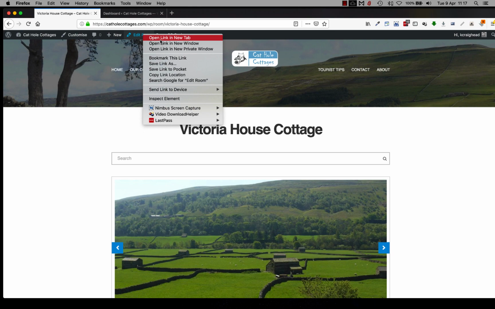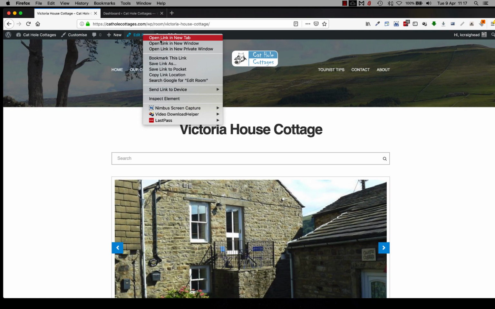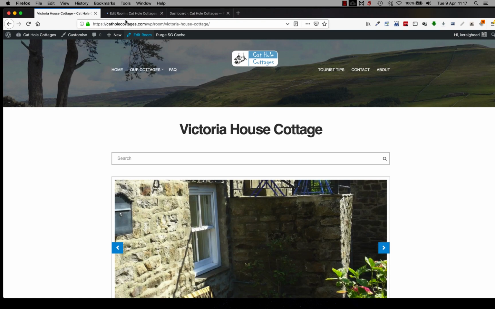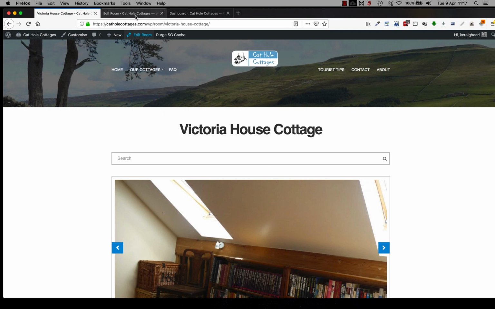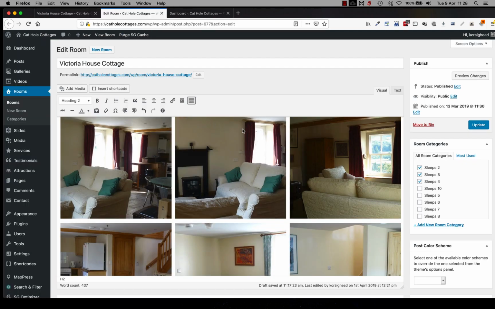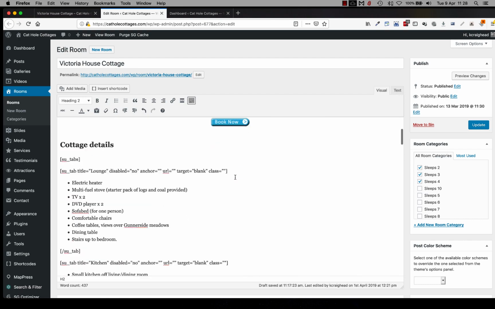I've got a Mac and I'm using Firefox here. You may have slightly different menu options, but they provide the same sort of functionality. So if you click there, you'll see this new tab opens, and you'll see that you get the page which matches Victoria House Cottage. So one of the first things you were asking about was the map. So here we are at the edit page, and if I scroll down here,